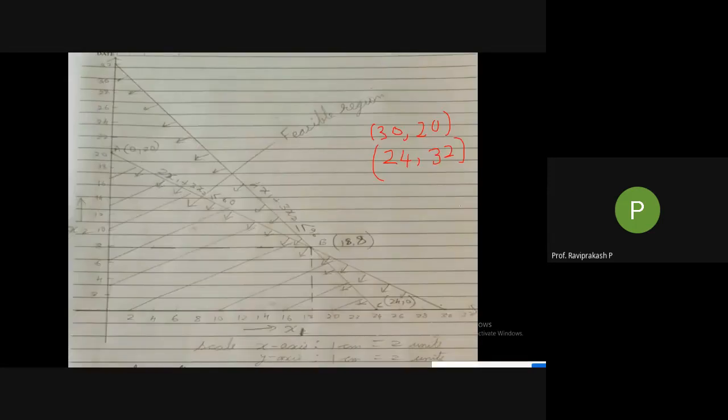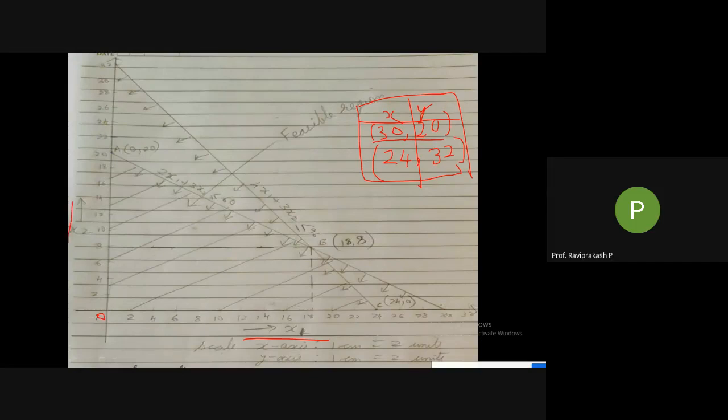So these are the points that I have got from the two equations, right? So first, for example, if I take 30 comma 20, always this is the x-axis, remember, and this is the y-axis. I'll draw a line here also in between. You can make it like a box. So x-axis is 30 and y-axis is 20. Here in the second one, x-axis is 24, y-axis is 32. So if I take the first one now, 30 comma 20, this is x-axis. So where is 30? This is my 0. Okay, the x-axis is written here x1, and here it is x2.